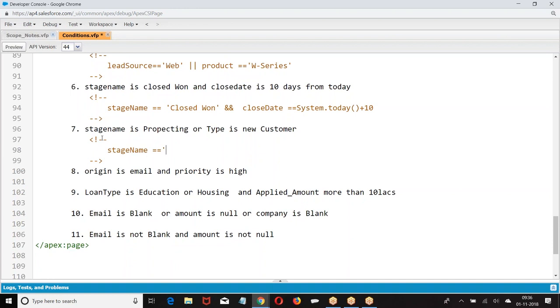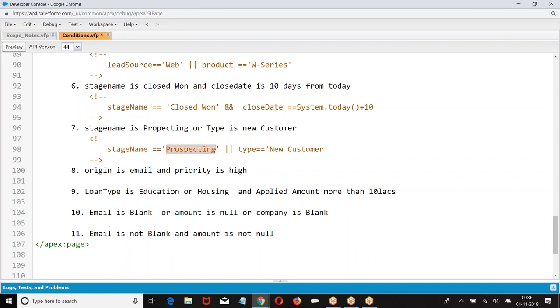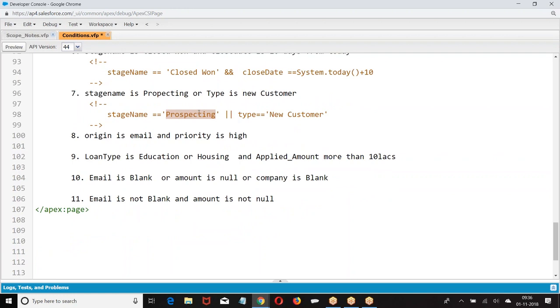Stage name equal to. Why am I writing a single quote? Because whenever you are comparing with a string value, is prospecting a variable or a constant? Prospecting is a constant string value. Stage name is a variable. Type is a variable.